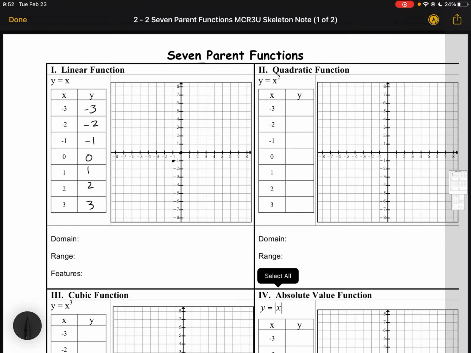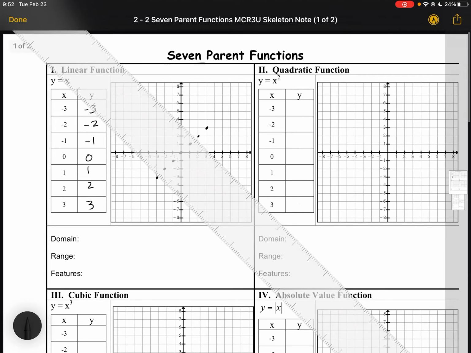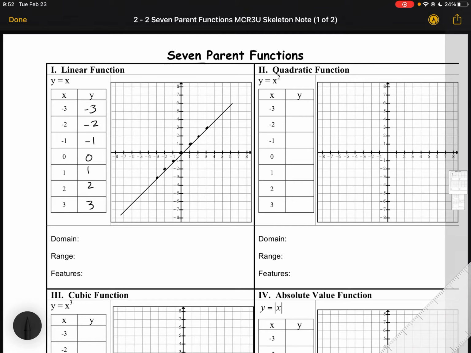And then we can plot those points. You should have an idea of the shape that you're expecting. And then if you're plotting a line, you should always use a ruler. There we go. Okay. So the domain, or all the possible x values of a linear function, is all real numbers,